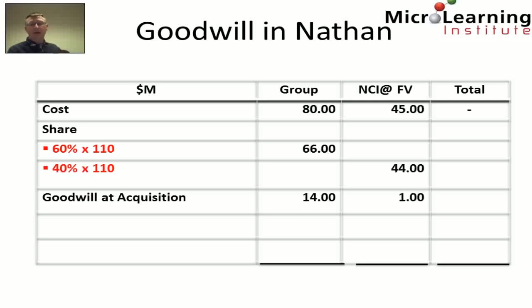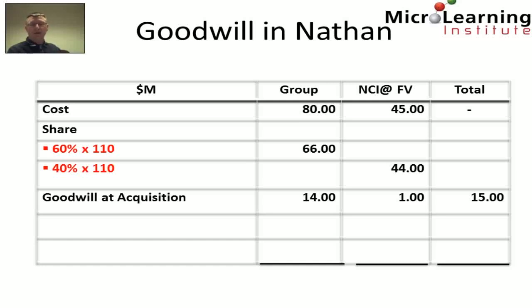Company policy is to value non-controlling interest at fair value. Fair value non-controlling interest in Nathan at acquisition was $45 million. We match this with the 40% share of the fair value of net assets of Nathan that are allocated to non-controlling interest, and that's $44 million. So we recognize $1 million of goodwill in the non-controlling interest at acquisition, giving us a total goodwill recognized at